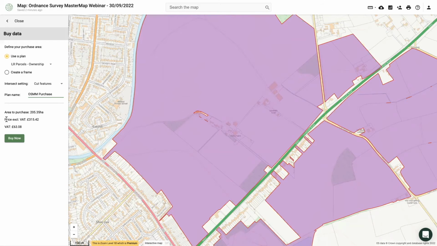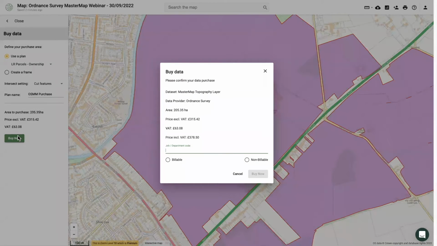But I've got my area, I've got my price, got the VAT, I can then hit buy now. When you hit buy now, it doesn't automatically charge you. You're then met with this confirmation page, just recapping on what the costs are. For you professional users, and by the way, this is available to free users, but professional users, you may want to make it billable, which in your monthly accounts will just come through. So your accounting team can maybe pass over the cost to a client,